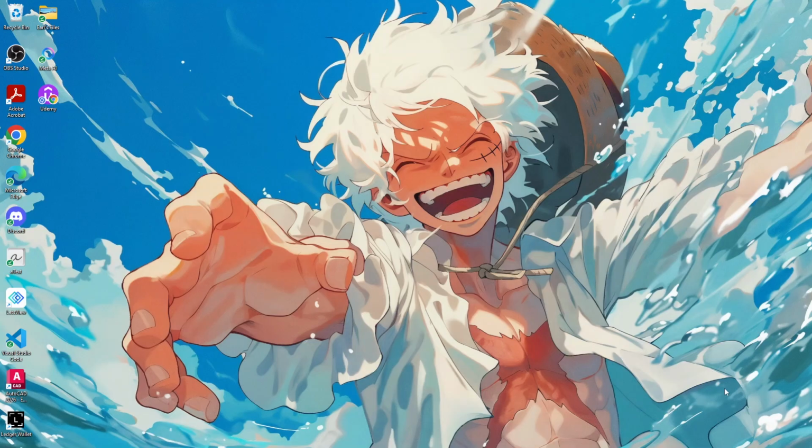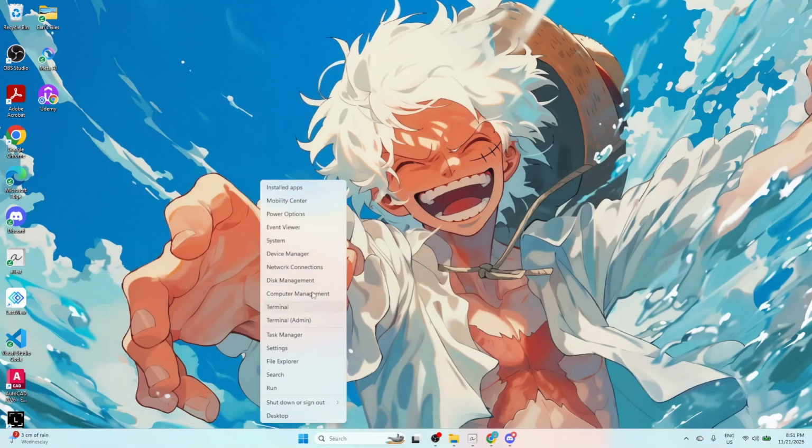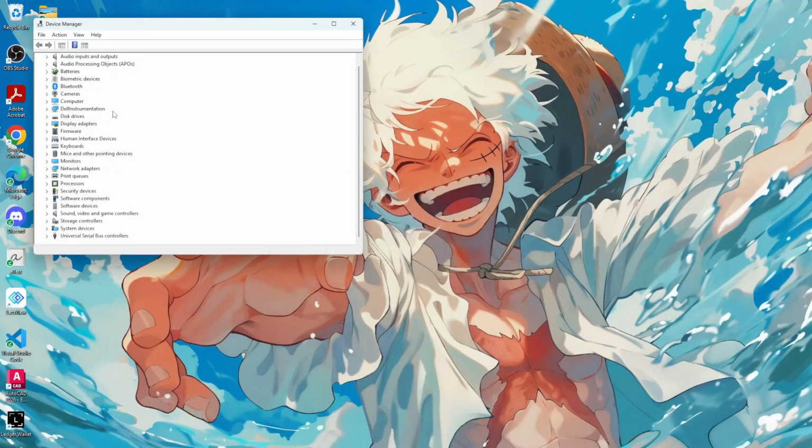If switching ports doesn't resolve the issue, your next step should be restarting the Windows USB controller. To do this, right-click on the Start button and select Device Manager from the list of options. In the Device Manager window, scroll down and click on Universal Serial Bus Controllers to expand it. Look through the list and locate the entry that reads Unknown USB Device, followed by Device Descriptor Request Failed. Once you find it, right-click on this entry and select Uninstall Device from the context menu.